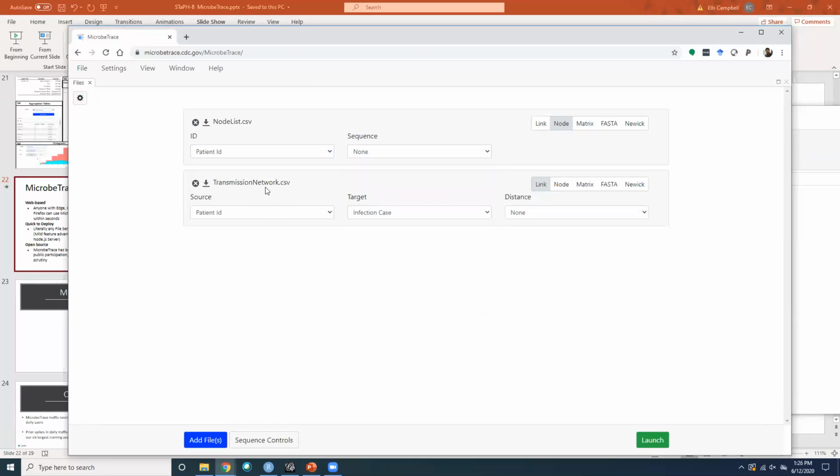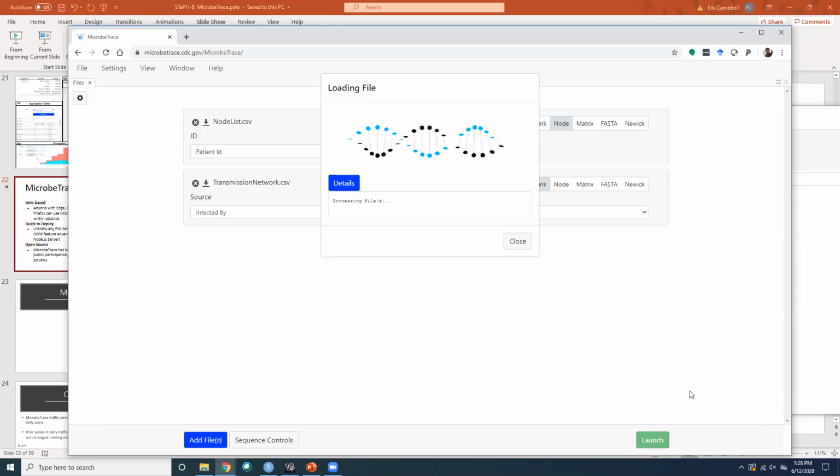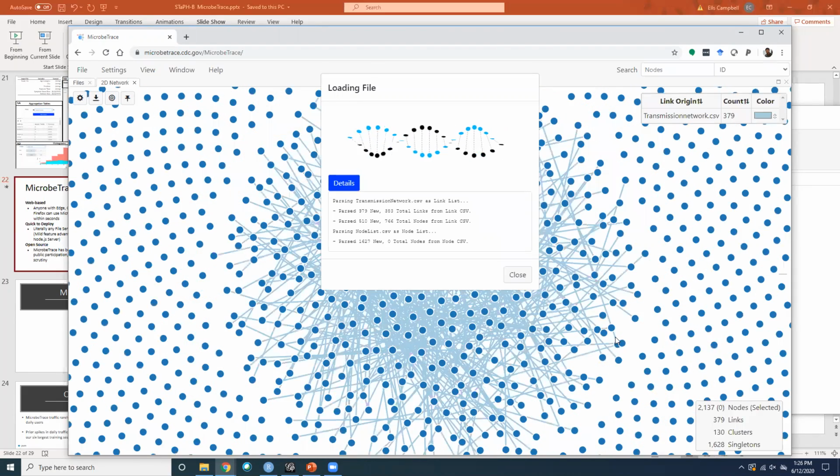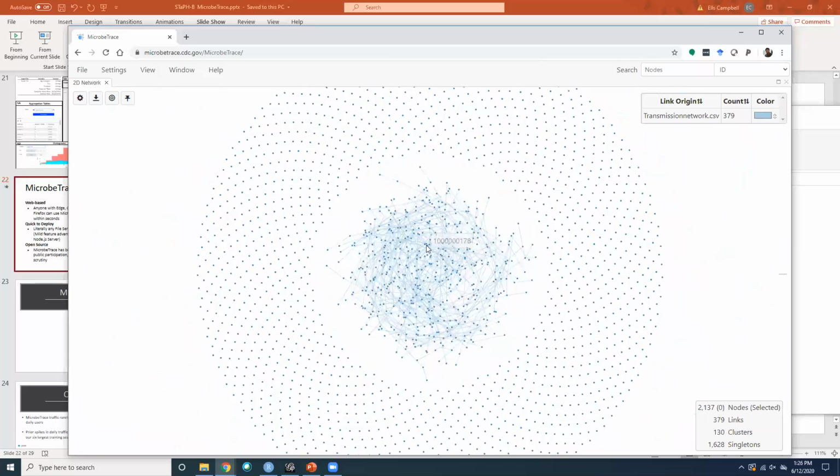The transmission network is, again, who had contact with who. So we want source, or person A, to be the infected by, and then target to be the person who's been transmitted to. So person A and person B are connected there, and then we hit launch. Now that's going to render the network